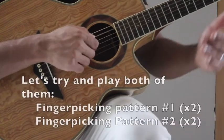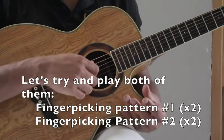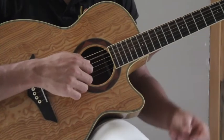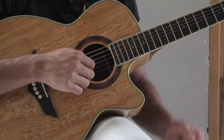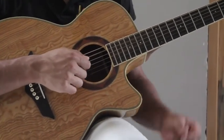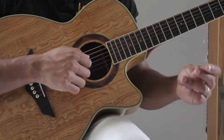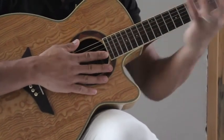Alright, so let's try to do the first picking pattern twice and then the second picking pattern twice. Three, go. 1 and 2 and 3 and 4 and 1 and 2 and 3 and 4. Back to the first pattern. 1 and 2 and 3 and 4. Second pattern. 1 and 2 and 3 and 4, and so get those, practice those, and once you've gotten really